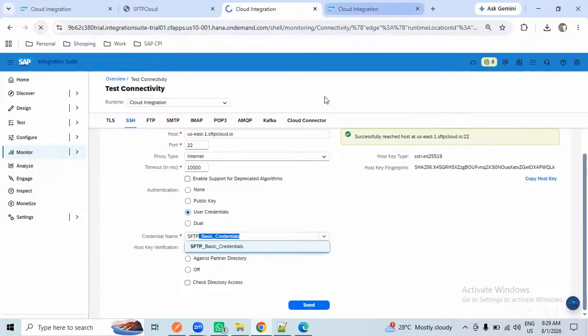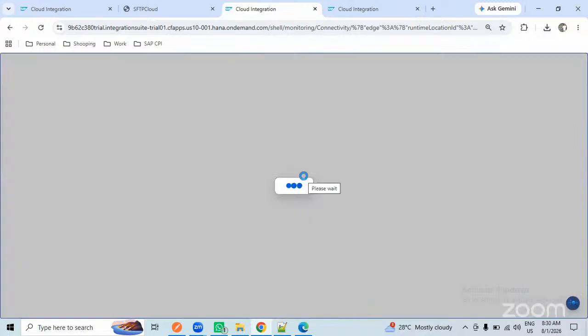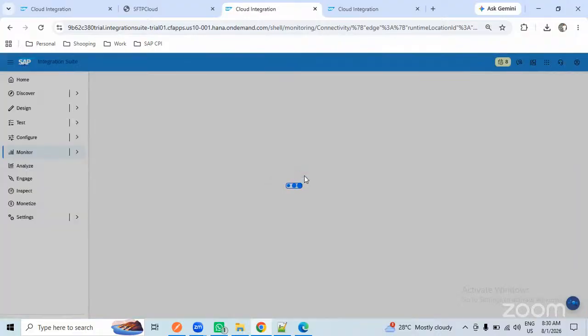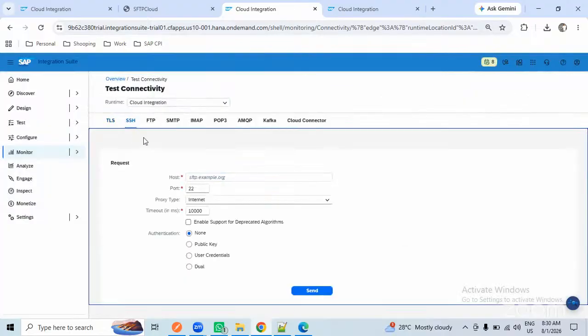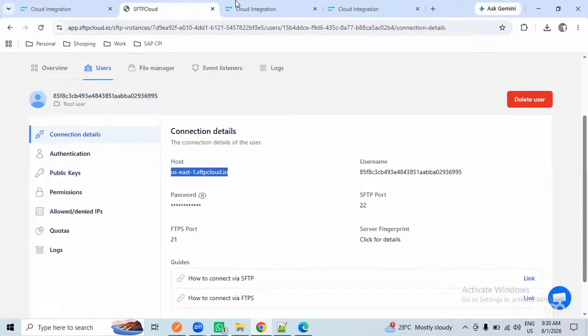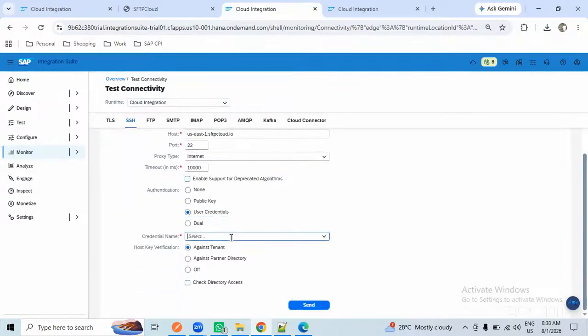One minute, I need to reload. I have deleted my credentials from here. Go to the SSH and provide the host address, and go to the user credentials. So we haven't created any credentials. In order to connect with the SFTP, we require the credentials, right? For now, we are going with the username and